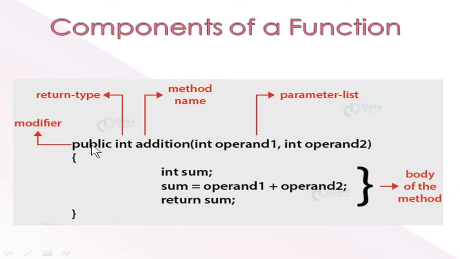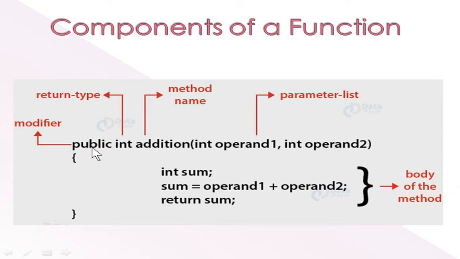Then we will see the access specifier. You have three types of access specifier: public, protected, and private. You can use any one of these. If you use public, this function will be visible to all functions, that is, inside the class or outside the class. If you use protected, this function will be available in the class as well as in the inherited class. In the concept of inheritance, you can declare another class and inherit all the member functions, so this function can be inherited if you declare it as protected.